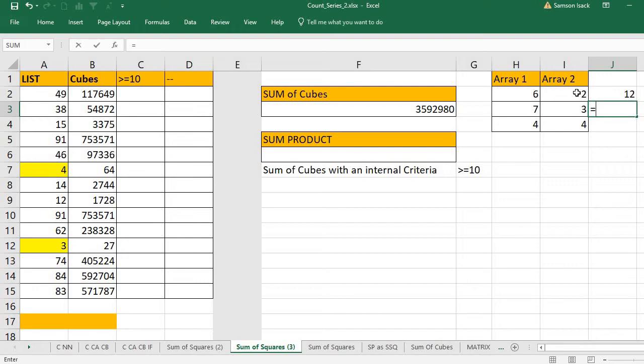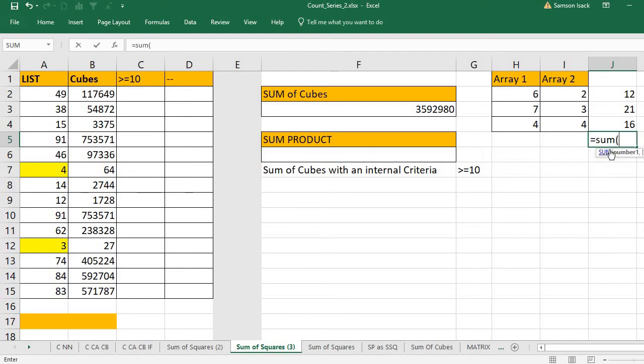Similarly for the second element, and similarly the third element. Finally it will sum up the full set of